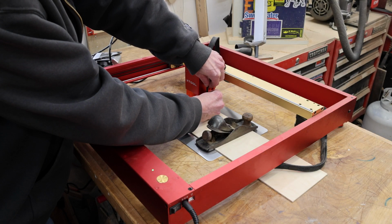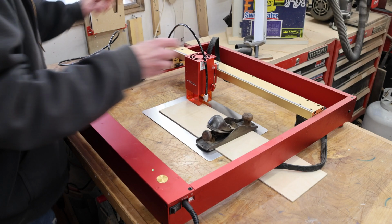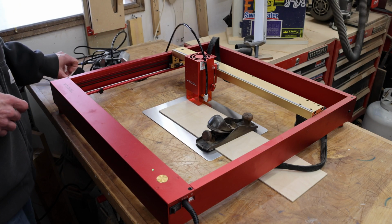Now I can just connect the air assist, and we'll switch it on. And we're ready to cut. Before we hit that start button and make this cut, I want to mention something very important, and that is